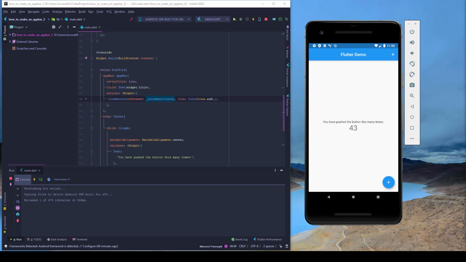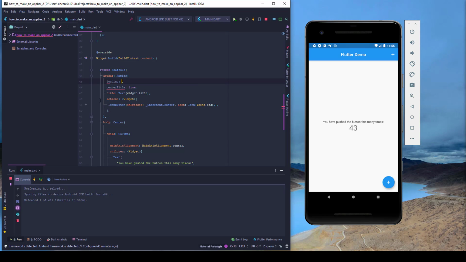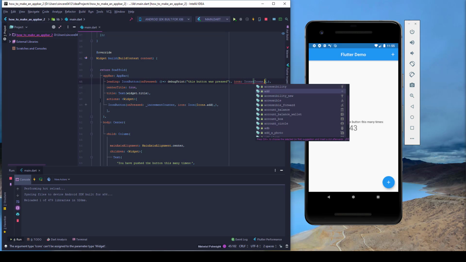So if I go back to my AppBar, inside my AppBar there is a property called leading. So if I do my leading, I can again put an icon button there and bring that in. And for now on the onPressed, we're going to return a debug print that says this button was pressed. And under the icon property, we're going to bring in Icons, the package, and we're going to say we want the icon